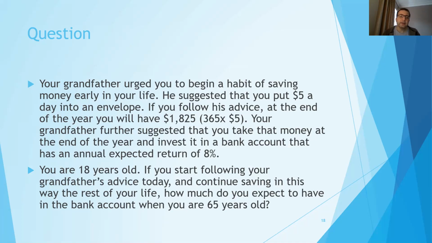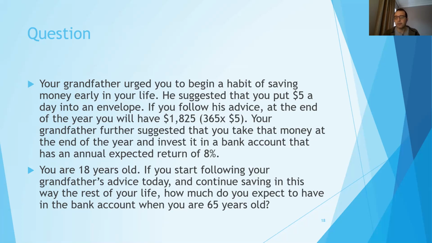Then at the end of each year, you invest this amount of money in a bank with an 8% rate, right? Now you're 18 years old. If you start following your grandfather's advice today and continue this saving for the rest of your working life,